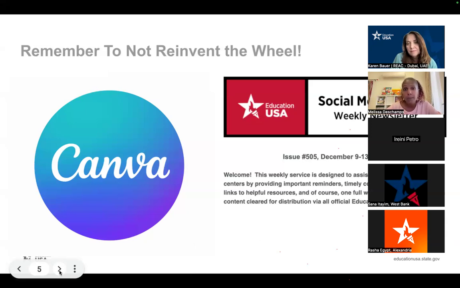If you're unsure about your design, maybe you got a little creative and you're not sure if this is something that will fly, you can message your Riak and or Niru, and we can help at least get the attention of William more quickly to take a quick look. We do have our IIE social media person. He does pop into different pages, different social media accounts to look at what's being posted. And so if things are not compliant, he'll usually reach out to us and then help the advisor rectify whatever the concern is. So if you're ever not sure, just reach out to us.